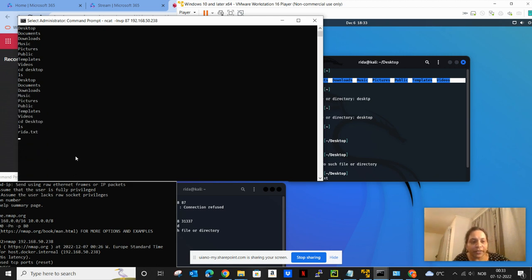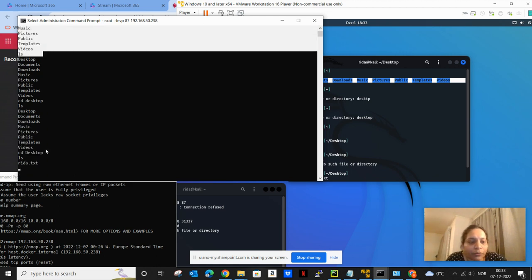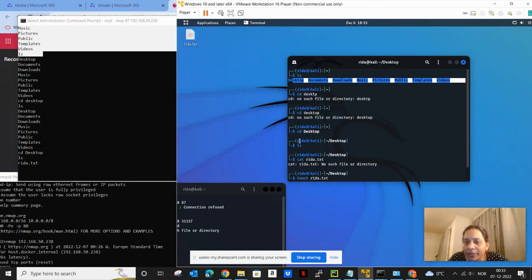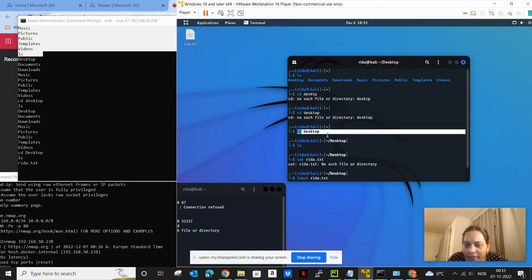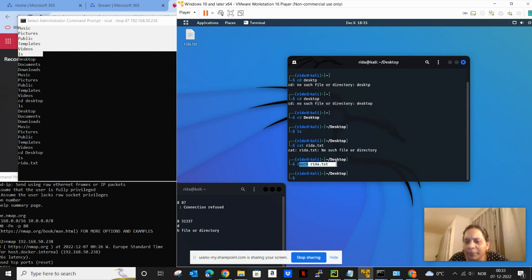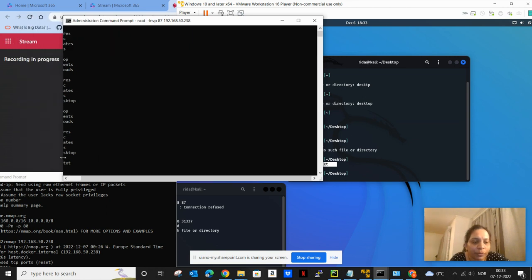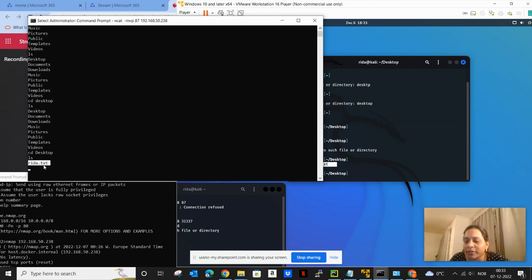And this is where it gets interesting. I entered the desktop folder and tried creating an empty file called rida.txt. The moment I enter cd desktop here, I am also able to see rida.txt. It means that I now have complete control of Kali Linux from my Windows machine. So this is a power of